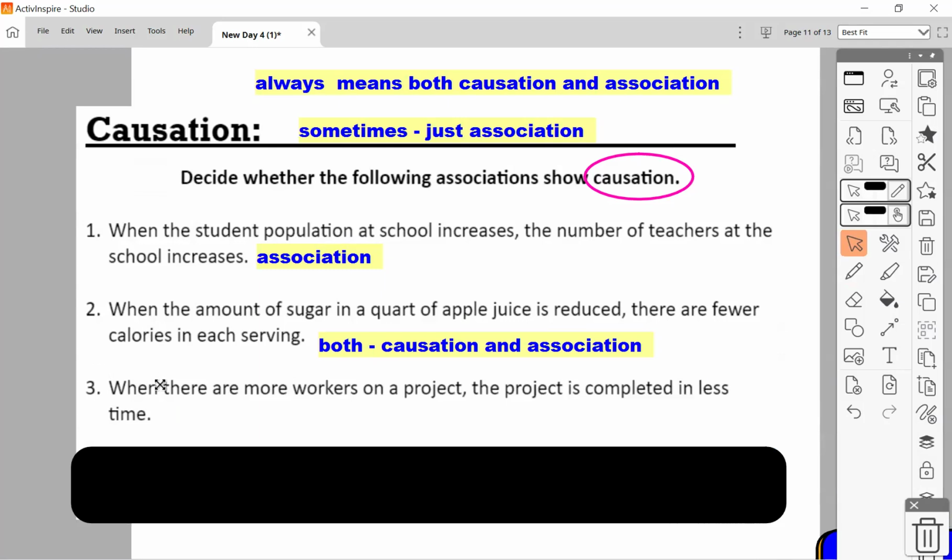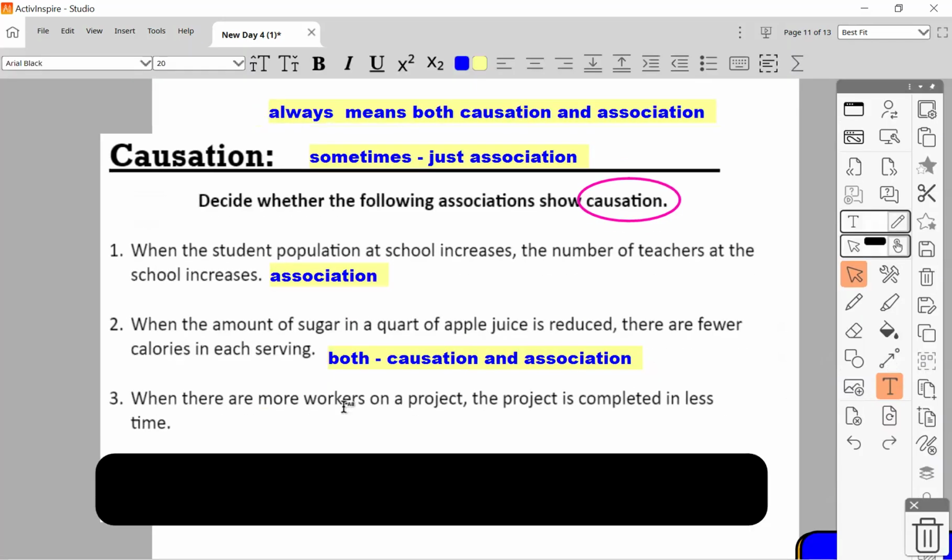And this one right here. When there are more workers on a project, the project is completed in less time, all right? Now, this is another one. You can fight me on it when I get back if you want to. However, this is like the ideal situation in the real world, that we have a project, everybody likes to work, everybody wants to work, and everybody knows what to do. So in the perfect world, like the Truman Show, when there are more workers on a project, that means the job will get done in less time. So this is going to be both